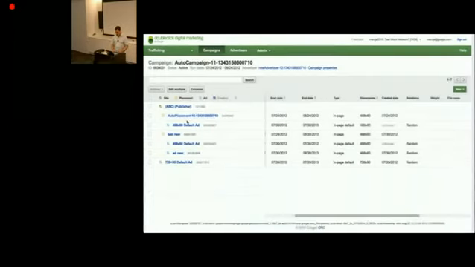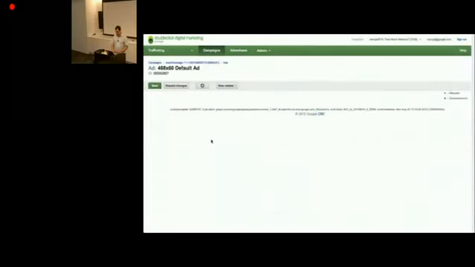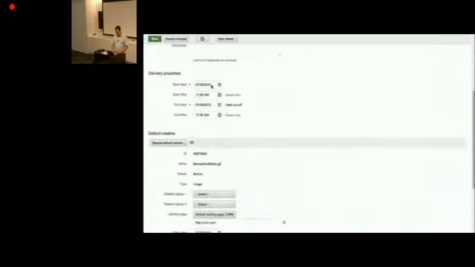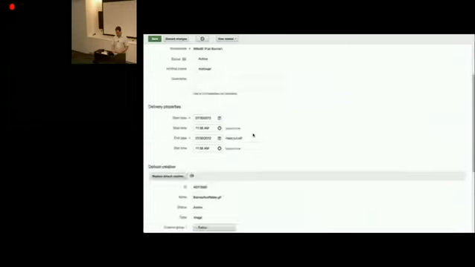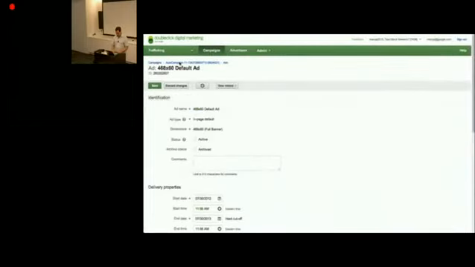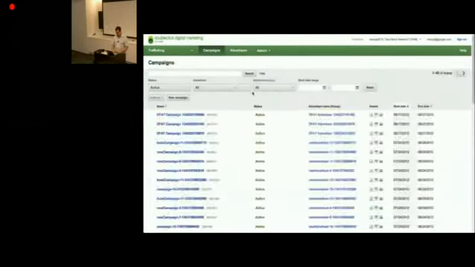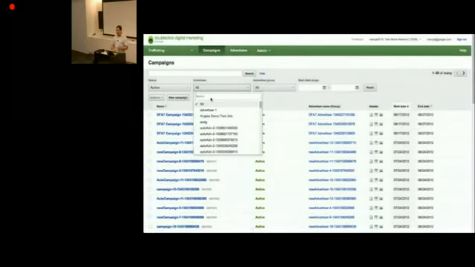One of the other major pieces, if I go to, for example, a particular ad, these little widgets are actually embedded jQuery date-time controls, which we hope to get rid of very soon. But another thing that's pretty cool is that grid control, we call it an OmniGrid. And we also have support for something called an OmniList. Let's see if I can find a better example of this in action. Let's go to campaigns. Let's say I want to filter this list of campaigns by advertiser. So this OmniList control, again, pure Angular, no jQuery or anything like that, lets me do things